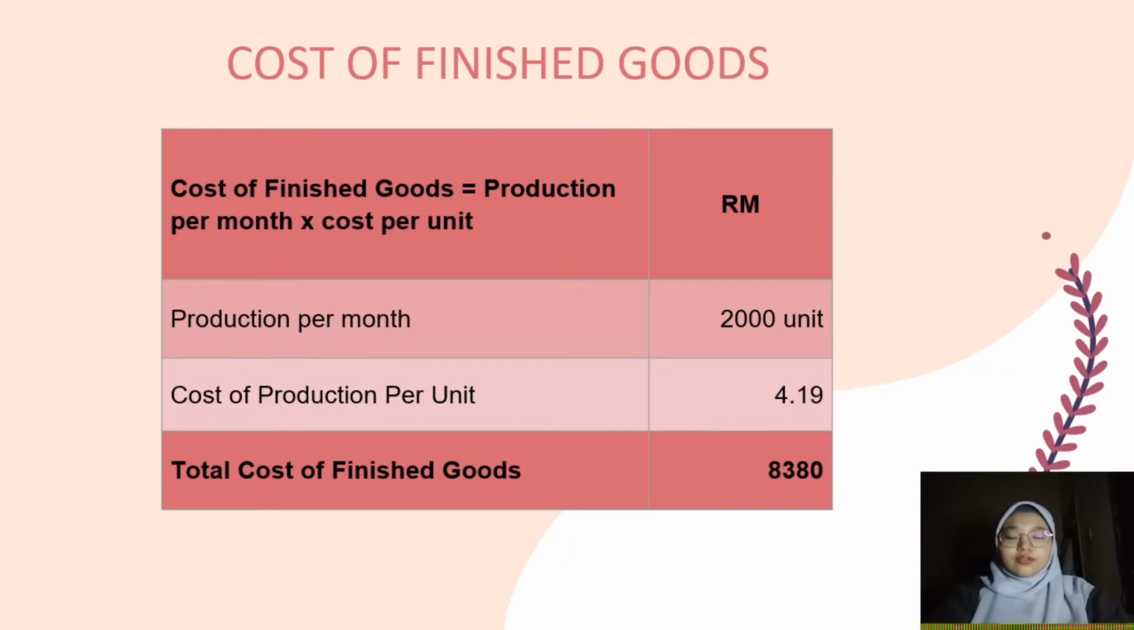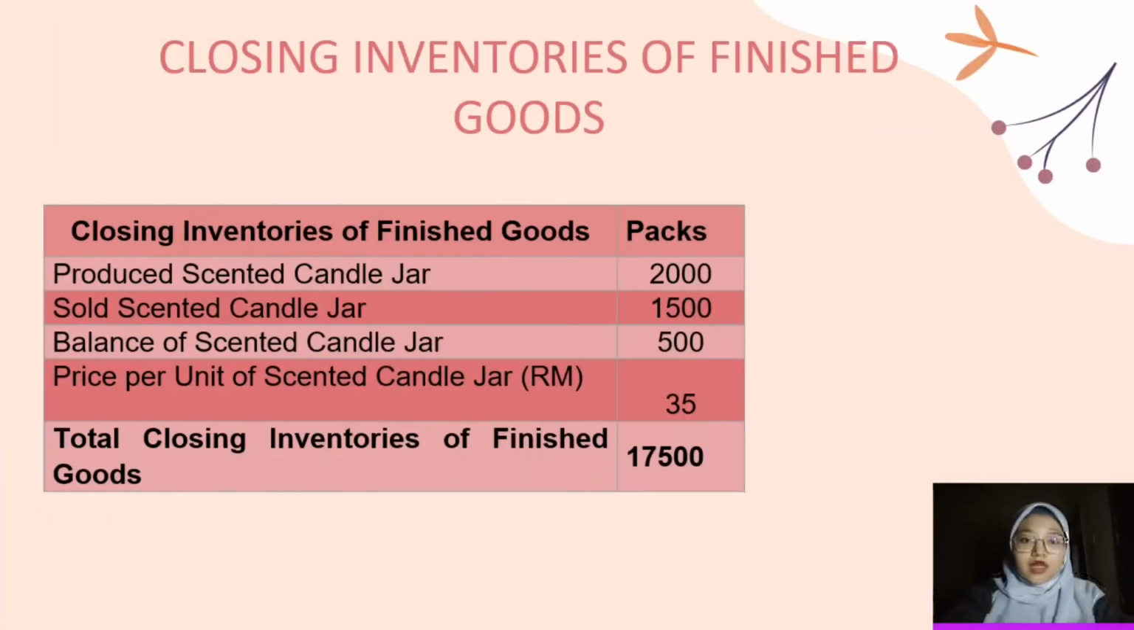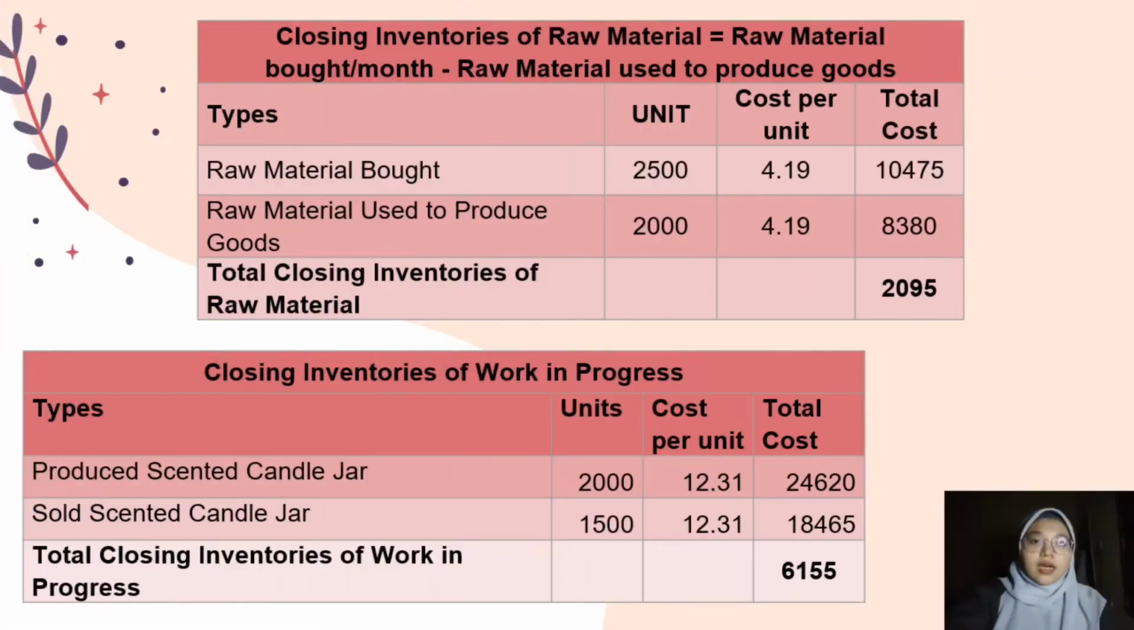Our cost of finished goods that we get from production per month times cost per unit is RM8,380. Our total closing inventory of finished goods is RM17,500. Our total closing inventories of raw material that we get from raw material bought per month minus raw material used to produce goods is RM